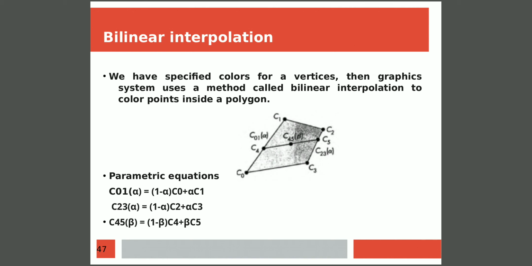In this method, we will represent each edge of a polygon or a face using a parametric representation, and by varying the alpha value, we are going to find a new point on the edge of the polygon. By joining those new points, again using the parametric representation for these new line segments, we will fill the face of the polygon with the colors of the corresponding vertices.